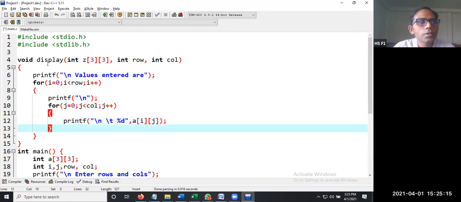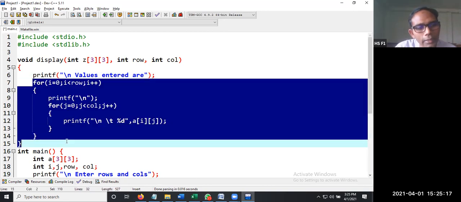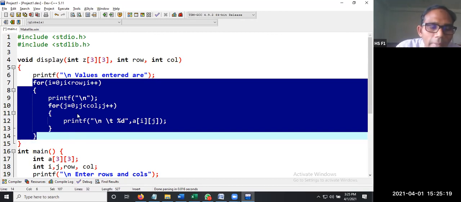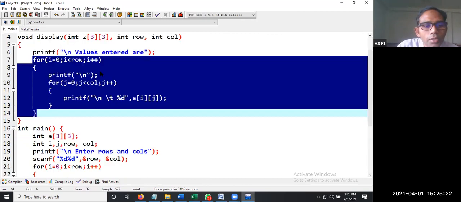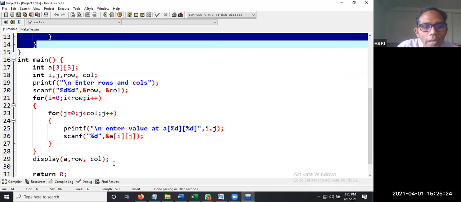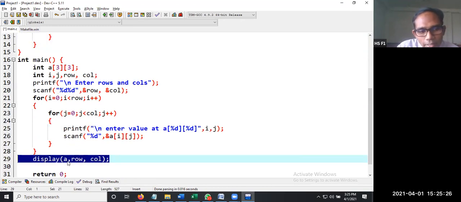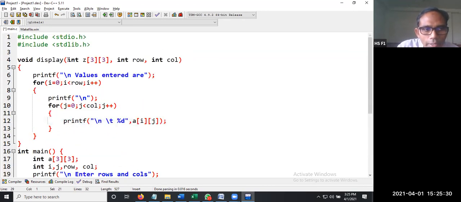That's it. So this for loop is going to print a two-dimensional matrix. This is how you are going to pass a two-dimensional matrix, with rows and columns. Here you are going to declare integer z of 3 rows and columns.